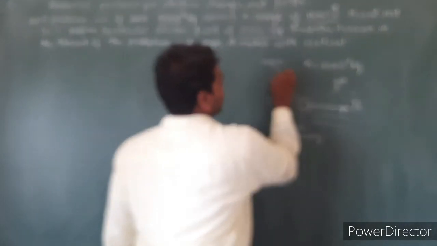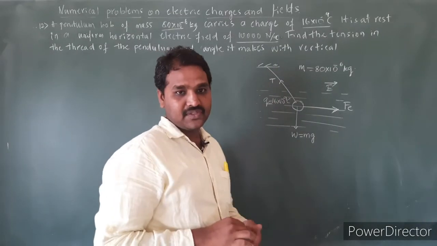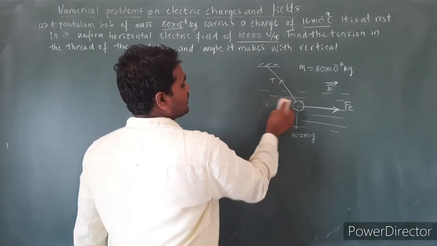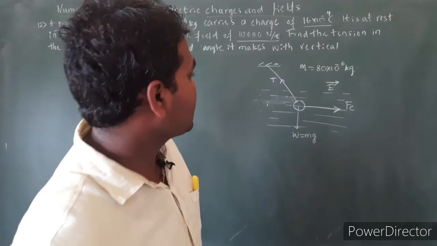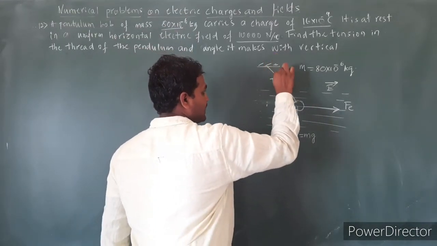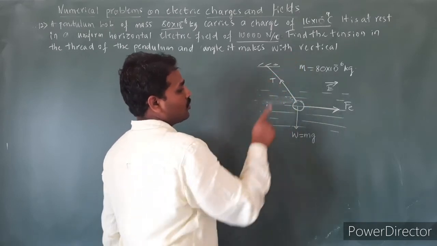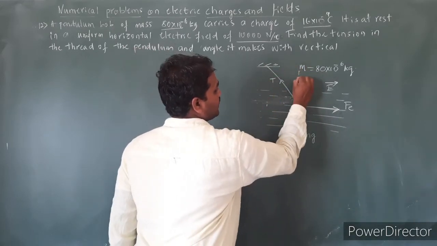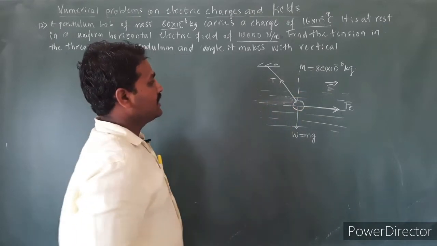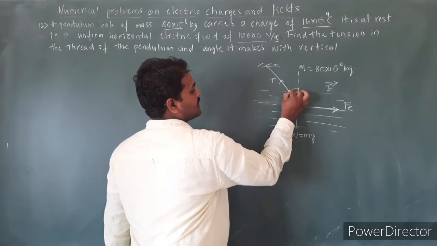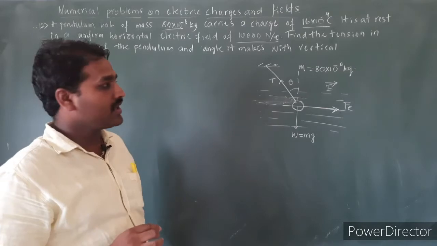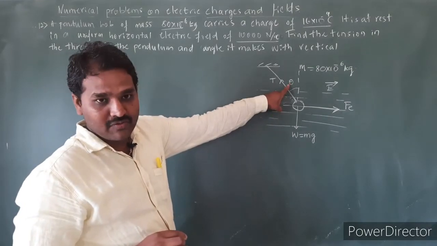That tension, let us call this capital T here. Now, they have told us this pendulum is in a state of rest. So let us resolve this. What shall we do here? This is at some inclination. This thread is making an angle with respect to the vertical line. So let us draw the vertical here. This is the vertical and this is the horizontal line. Let us consider the angle made by this thread of the pendulum with respect to the vertical. Let it be theta. We don't know that angle theta, we have to find it.